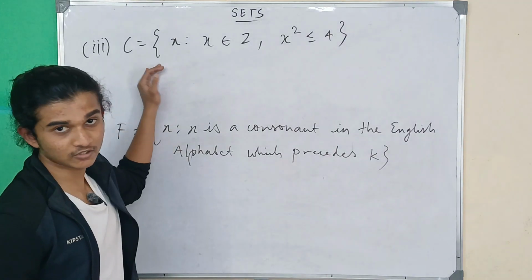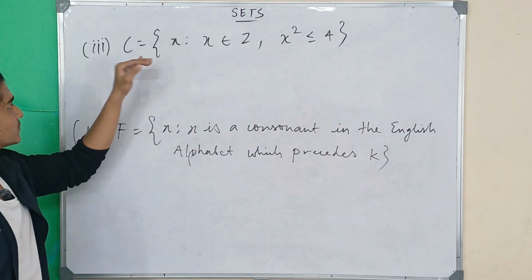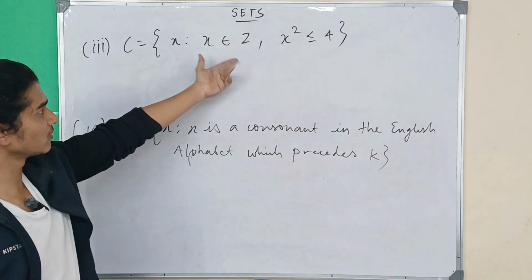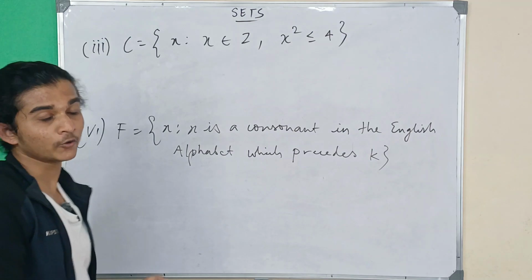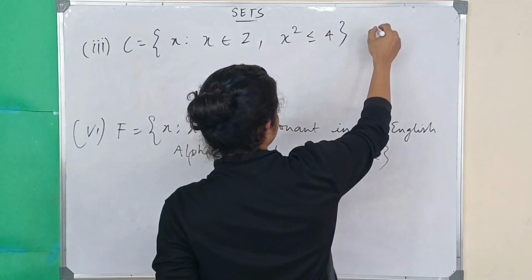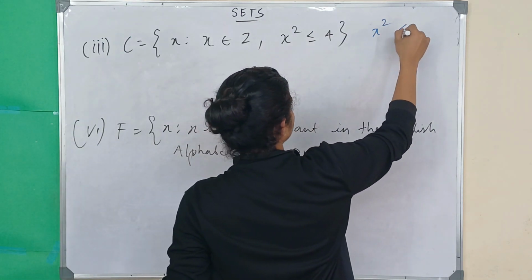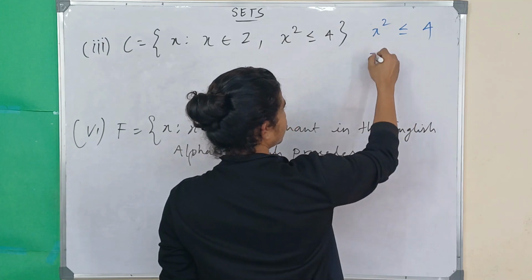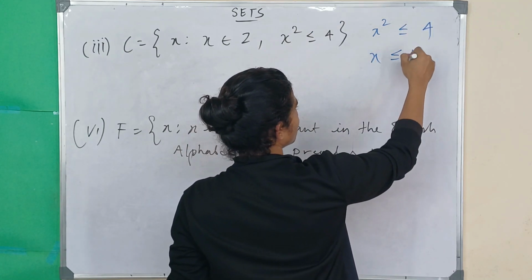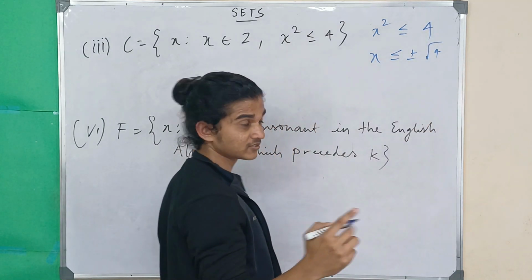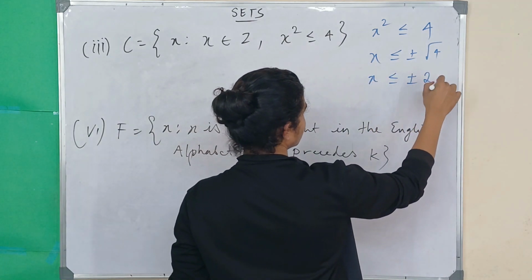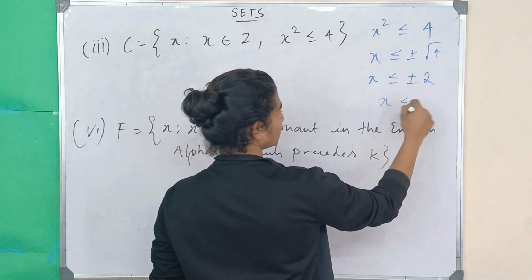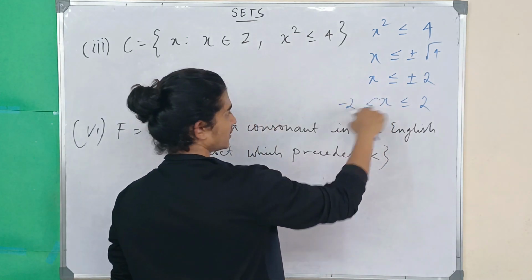So I think I missed out the third problem. So I'm going to solve that here. So C equal to set of all x such that x belongs to integers and x square is less than or equal to 4. So how are we going to solve this? So just write it aside. So x square is equal to 4, and if you take the square root that side, you're going to get plus or minus root 4. Remember, plus or minus, not only plus. So x equal to plus or minus 2, which means your range is somewhere between minus 2 to plus 2,